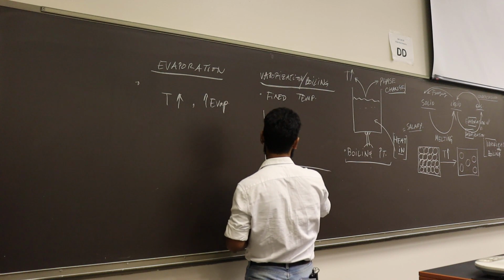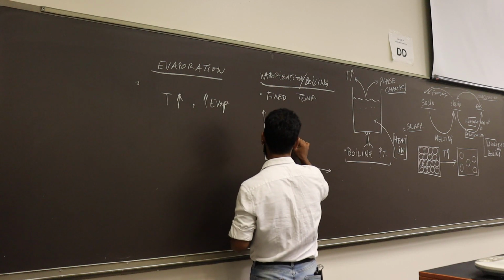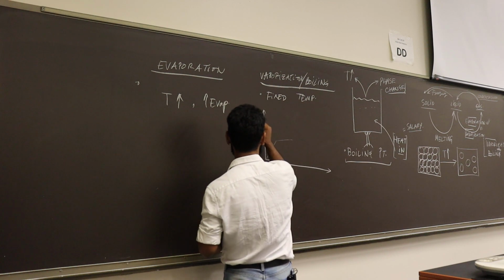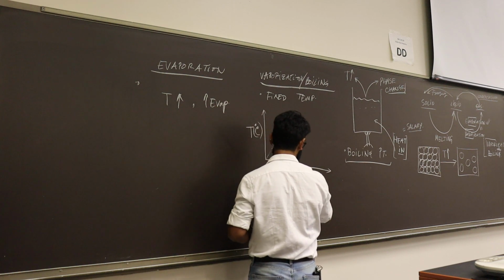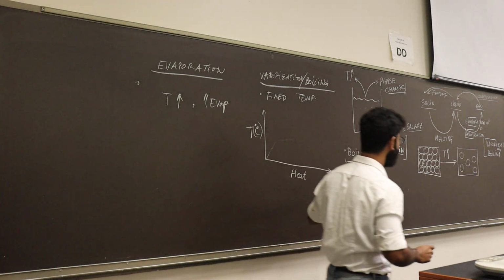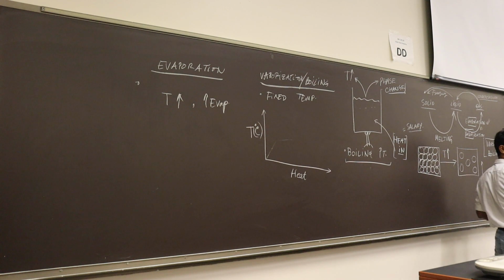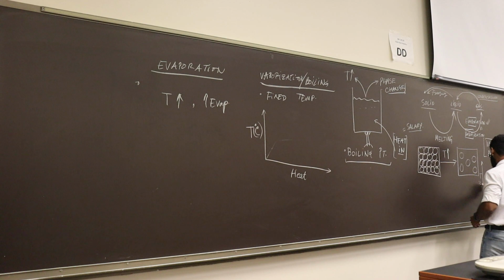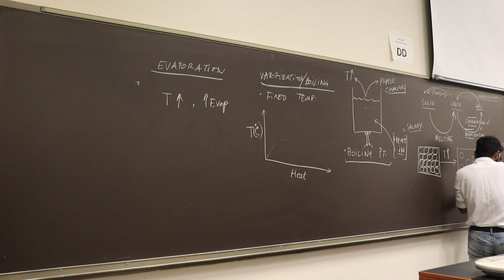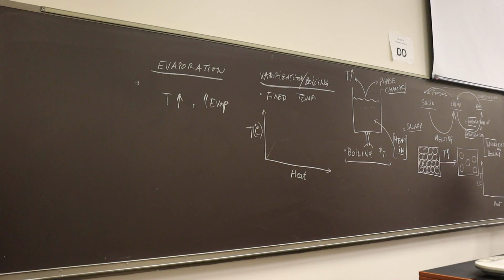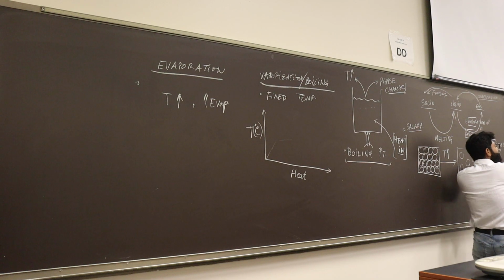So for example, let's assume this is the temperature in degrees Celsius, and this is the heat that I'm giving. Okay, can you see this? Or I draw here. Tosin, can you see this? This is temperature in degrees Celsius, and this is the heat. So when you go from the left hand side to the right hand side, you're giving more heat. And when you are on the bottom and going up, that means your temperature is increasing.